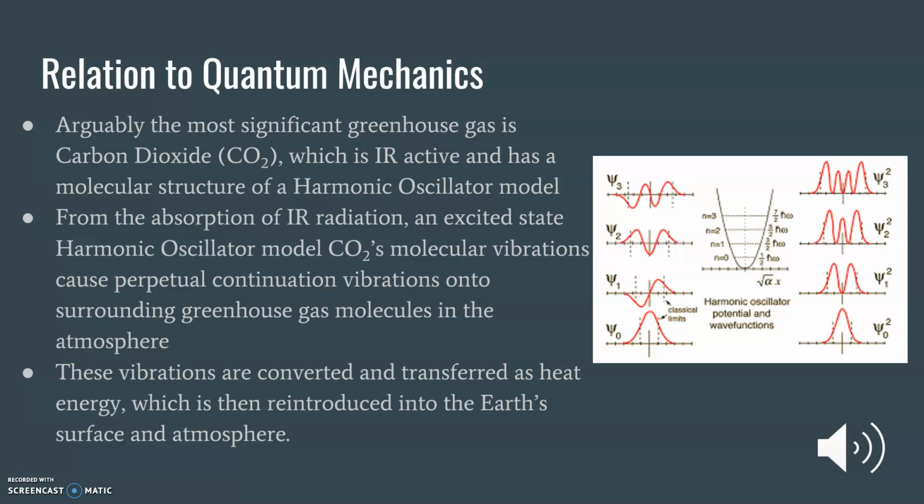For instance, the excitation of the greenhouse gases, water vapor, carbon dioxide, methane, and nitrous oxide causes molecular vibration. The correlation between IR radiation and greenhouse effect is direct. Harmonic oscillator model relation to IR active molecules, carbon dioxide. The vibrations that result from the excitation of the sun rays allow for the perpetual continuation of vibrations onto other greenhouse